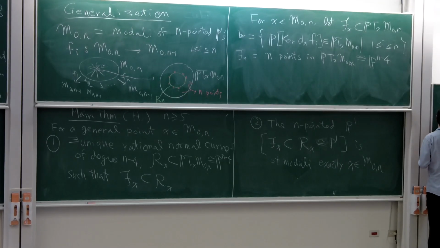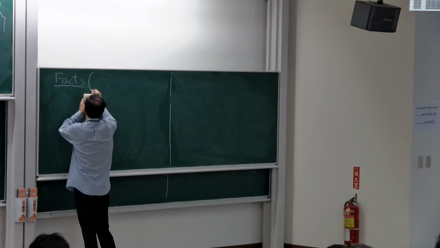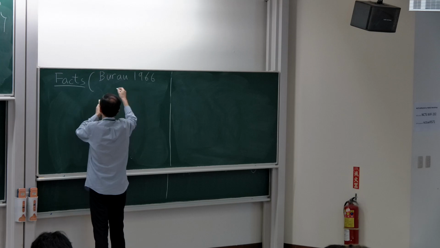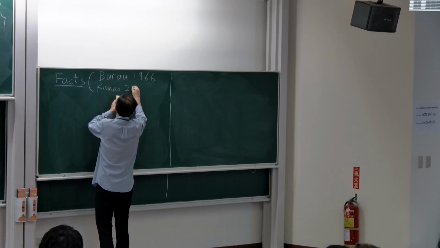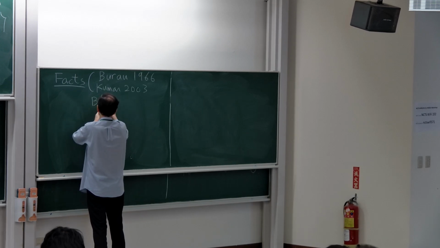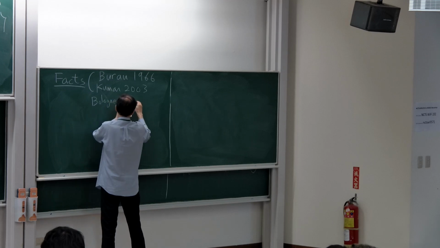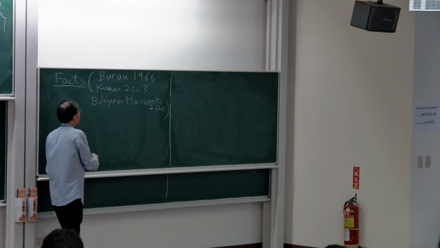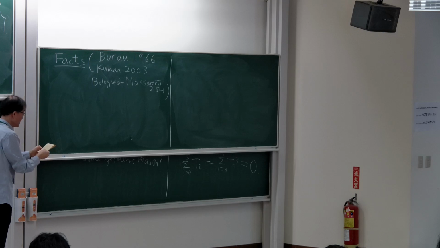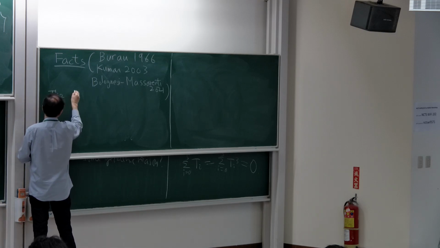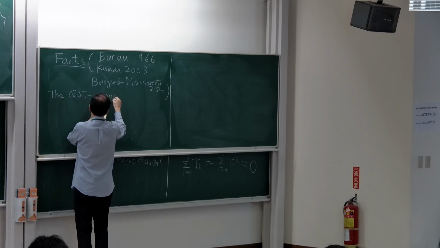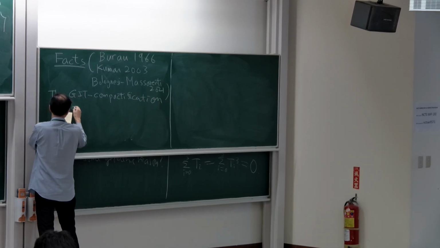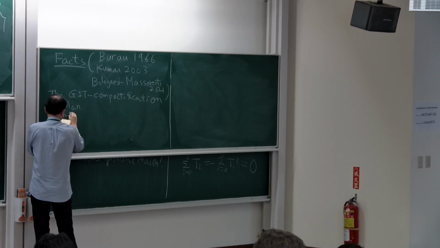So I will recall some facts. These are a collection of results. I think in modern publication, the first person I know is Euro, and then Kumar, and most recently Bullock, Naji, Massarenti. So first of all, the GIT compactification of M0n, which we write as V_(n-3),